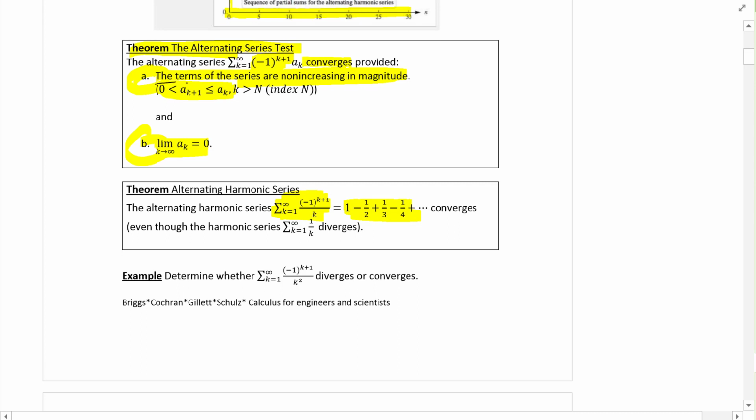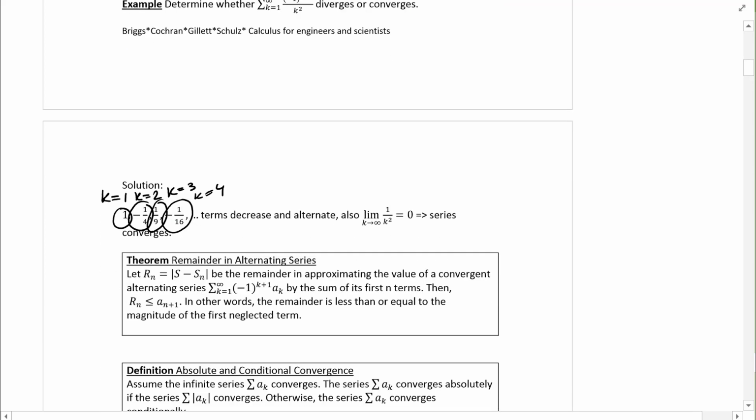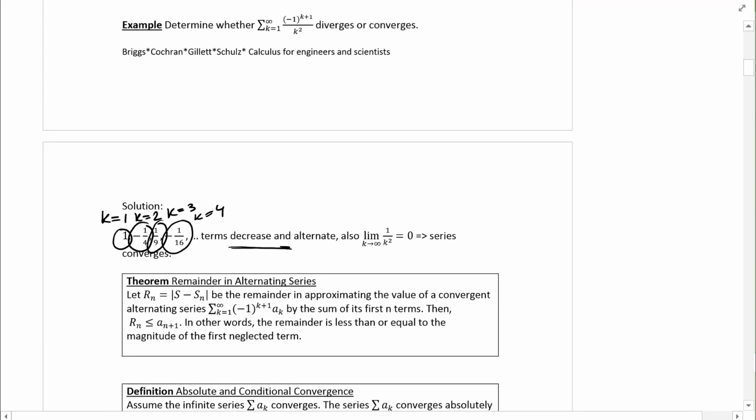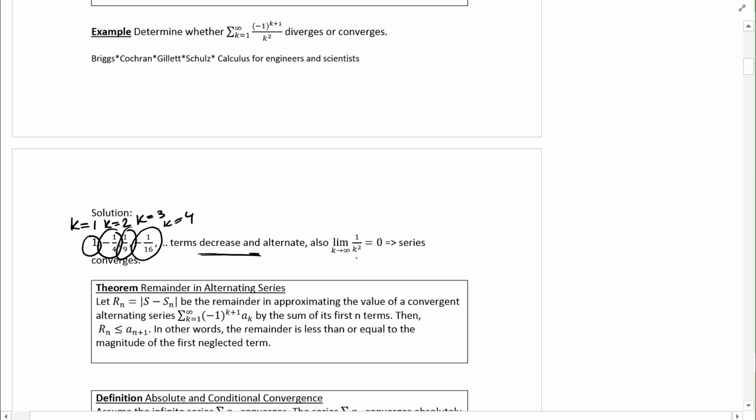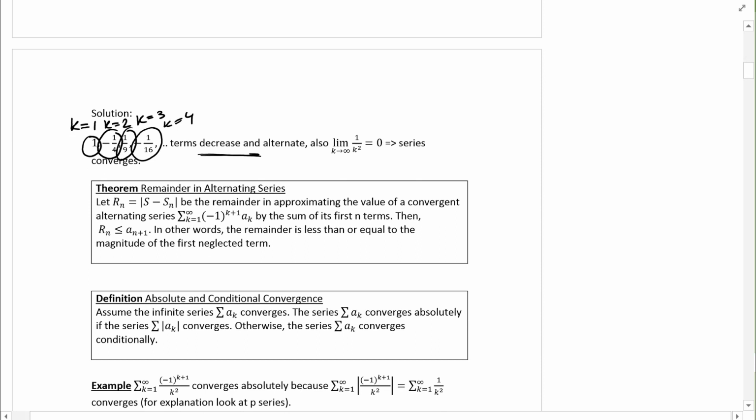So if the terms of the series are non-increasing in magnitude, if they are decreasing, and if the limit as k approaches infinity of a sub k equals 0, and is the limit as k approaches infinity of 1 over k squared equal to 0? Yes. Well, if these two are satisfied, then the series converges. Now, we don't have to give these values all the time to look at the terms, and actually we don't know what happens from a specific term on,